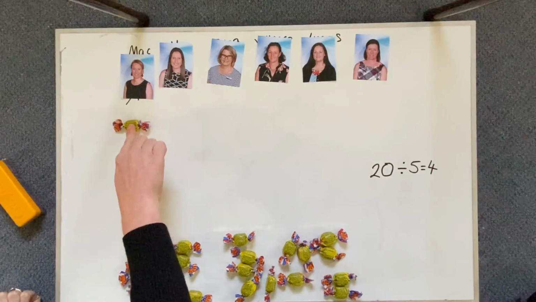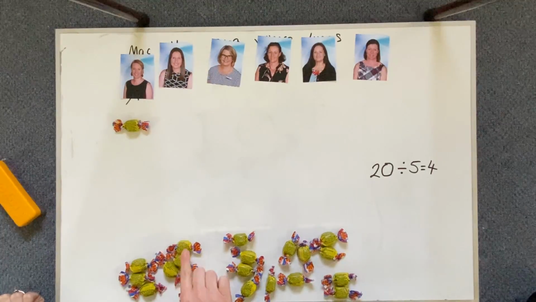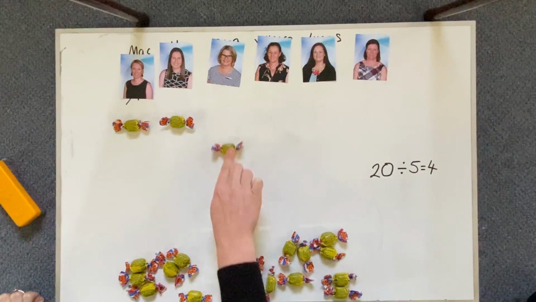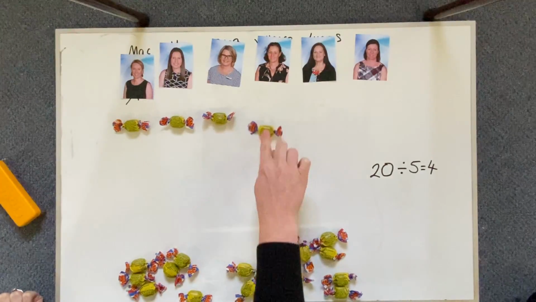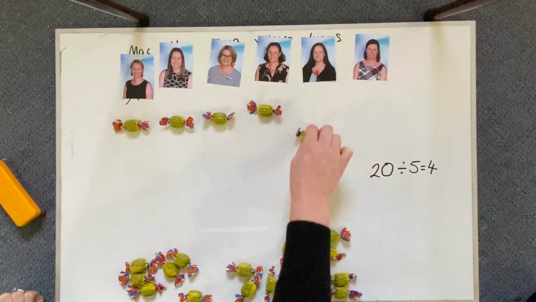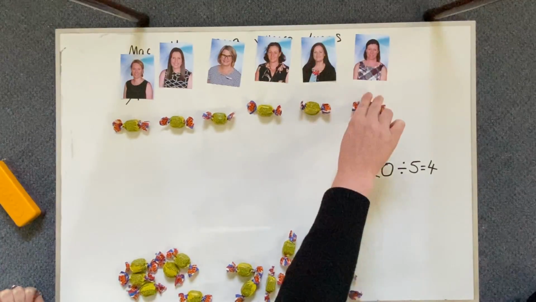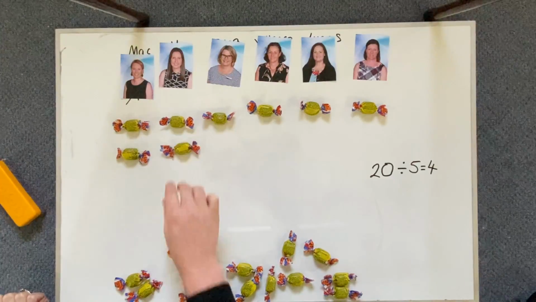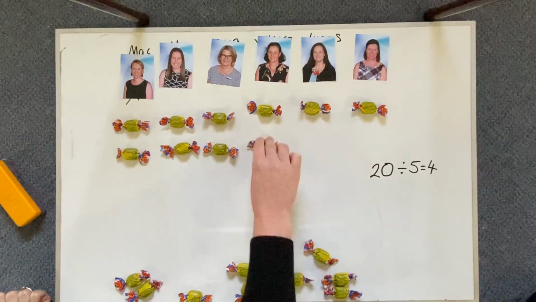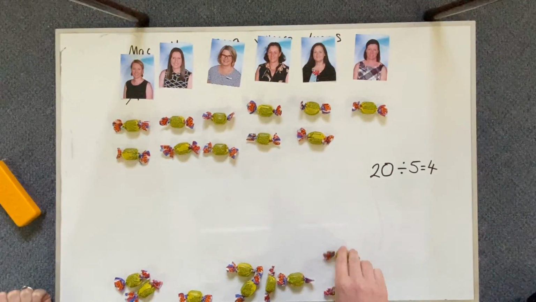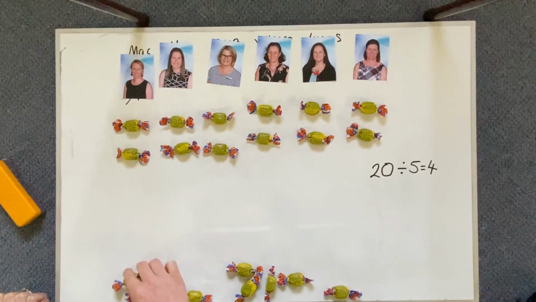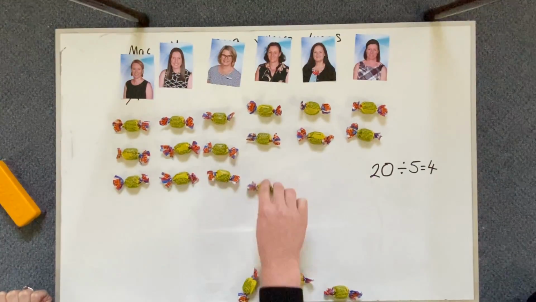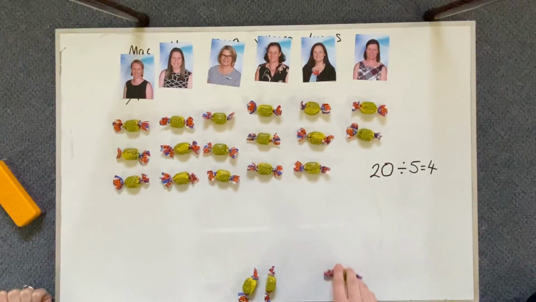I'm going to give 1 to Mrs. Mack, 1 to me. Remember, we're going to try and make these as equal as we can. 1 to Mrs. Spina, 1 to Mrs. Valance, 1 to Miss Lyons, 1 to Miss Belford. No, still got leftovers. I'm going to go again. 1 here, here. Keep going. Oh, we've got 2 each now. Keep going again. Ooh,